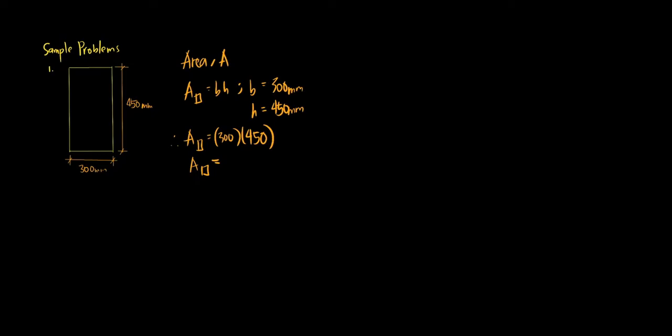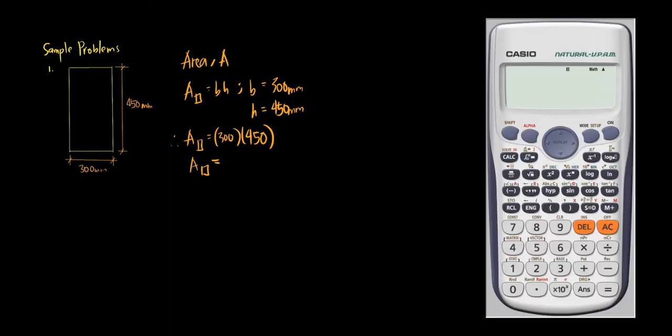For our lectures here, we have four sample problems that will be progressive. This one is basic. We have intermediate, advanced, and our application where we're going to be using steel sections. So we have the area for the rectangular section, 135,000 square millimeters. We're going to store it to A so you can retrieve it later if we need to use the value for the area of the section. Next, we need to get the